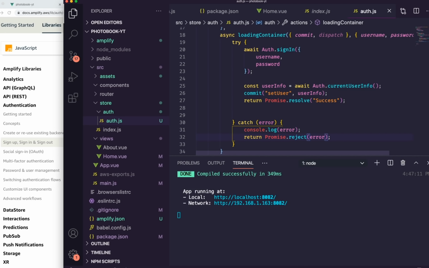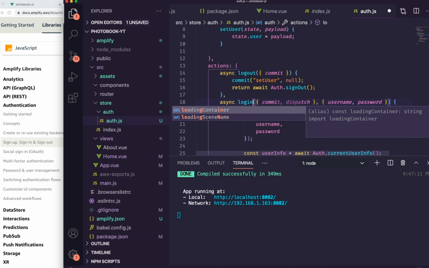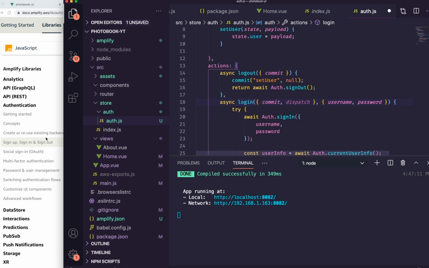Okay, so we have two down. I'm going to call this login. So we have a logout and a login, which is good. Now the next thing we want to do is add in a sign up and a confirm sign up. If you remember what I told you guys earlier, every time you sign up, you also have to confirm your email, so we need to do that as well. So let's add in the confirm first,